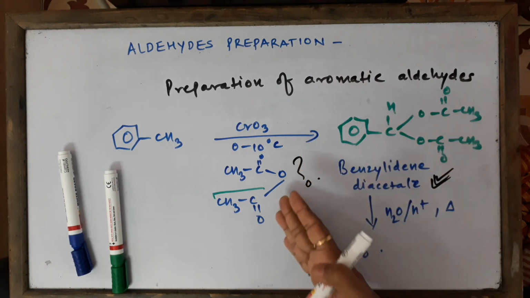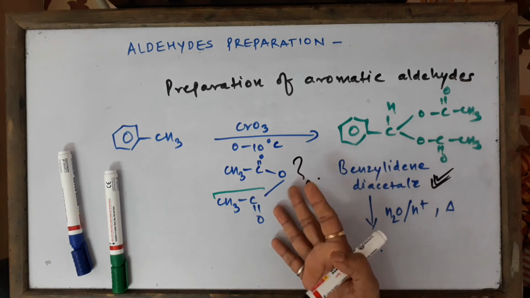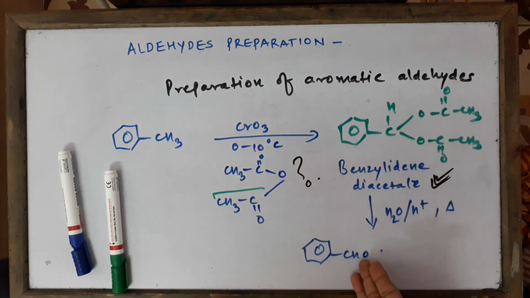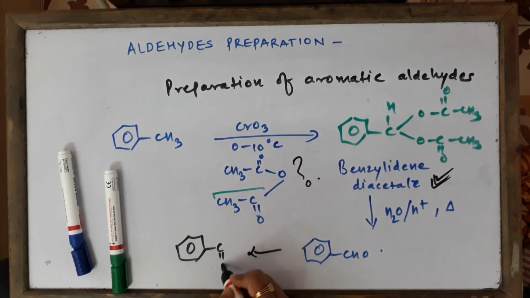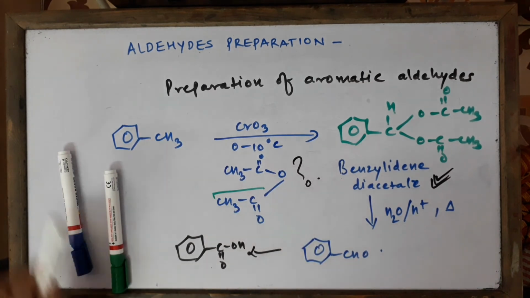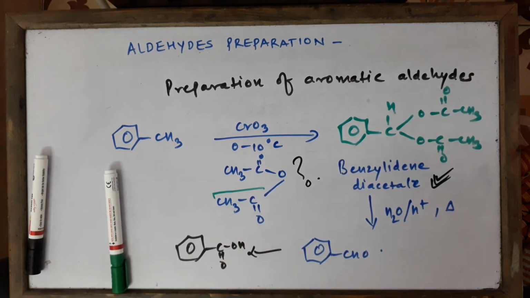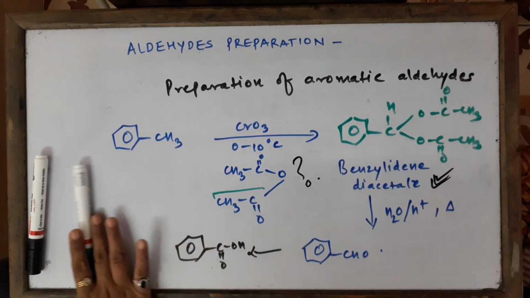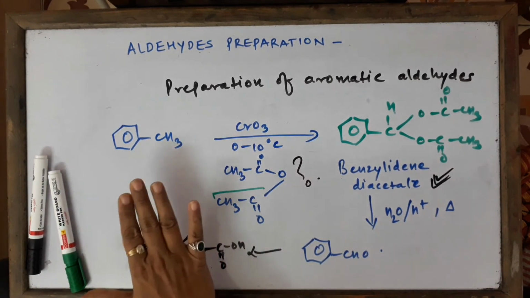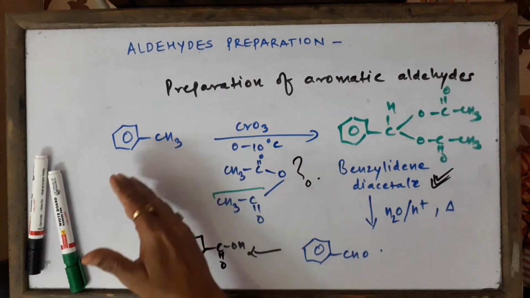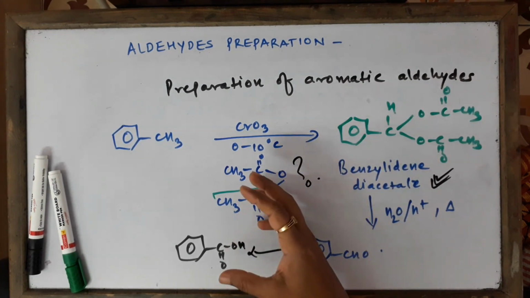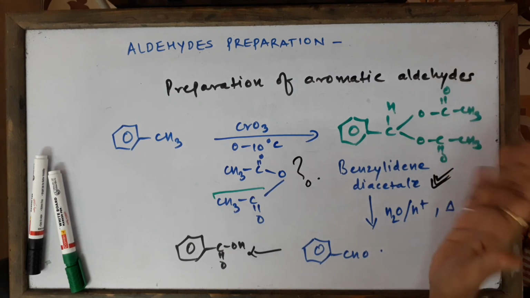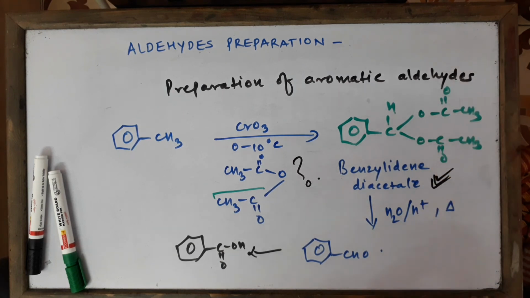Otherwise, if you don't use this acetic anhydride, then the reaction will not stop here. The oxidation will continue further children, and it's going to give me benzoic acid. Are we wanting benzoic acid? No. So why such questions are there in the exam? This is one of the other methods in which you can prepare benzaldehyde from toluene by using chromic anhydride at cold conditions using acetic anhydride, so that I can trap the compound as an intermediate, benzylidene diacetate, which is difficult to be further oxidized to benzoic acid. So children, that's the end of this method of preparation.